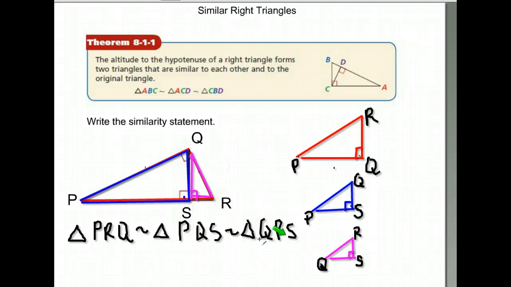Now, when they give you multiple choice questions, it makes it more challenging because what you want to do is look at their statements, make sure each name has the right letters in it, and then you have to find and make sure they're in the right order. So you would just try out each multiple choice question until you find the one that's